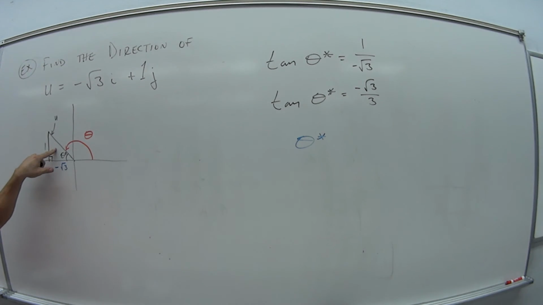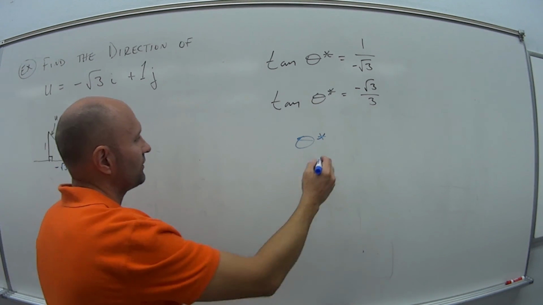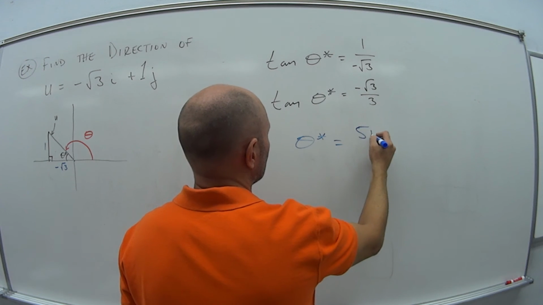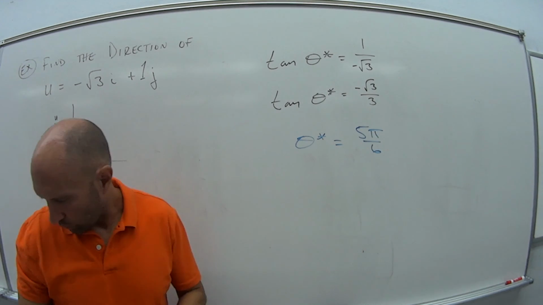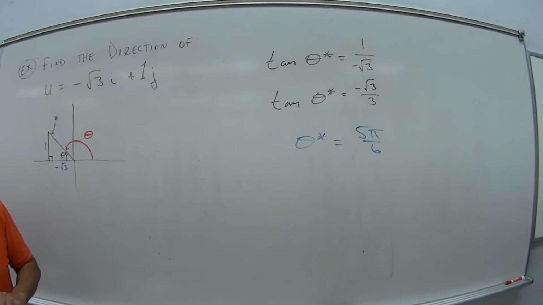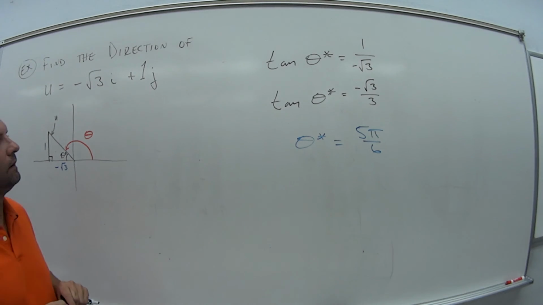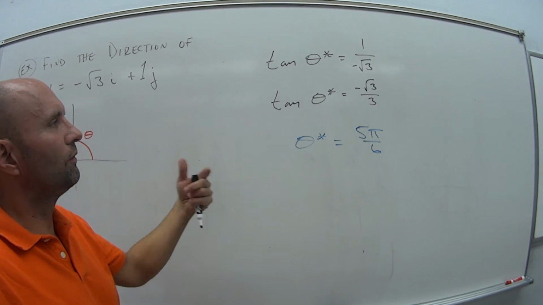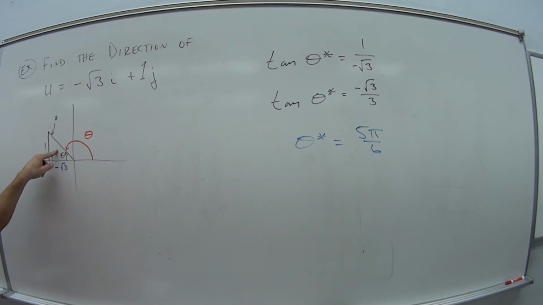But in quadrant 2, theta star then would be 5 pi over 6. In quadrant 1, pi over 6 is square root of 3 over 3. So over here, so theta star,